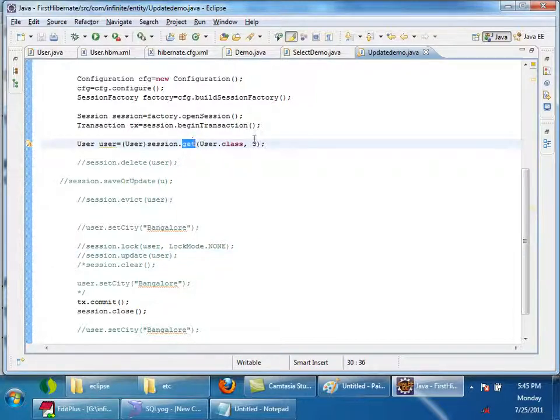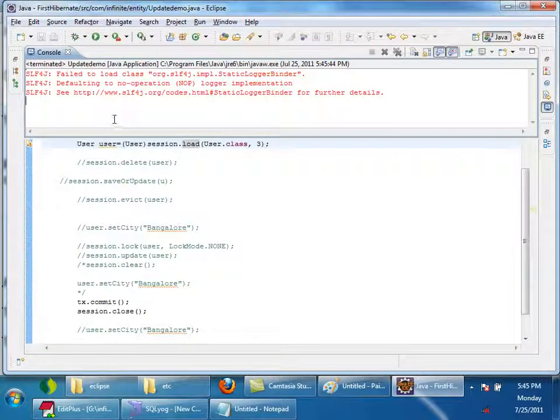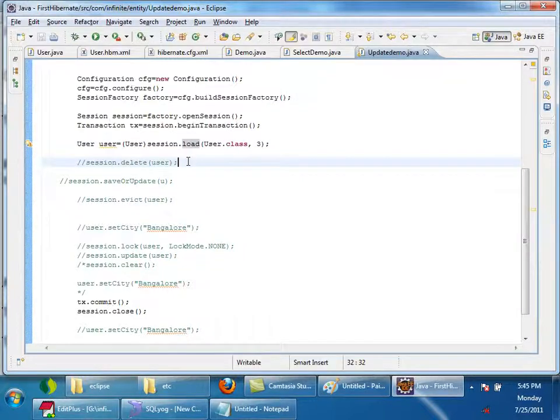Now let me change it to load. As I showed you, if I run it, the query is not fired because I didn't use the user object, right? Now I said session.load will return me the proxy, and the proxy will be having only the ID because I am asking it to load based on primary key, right?